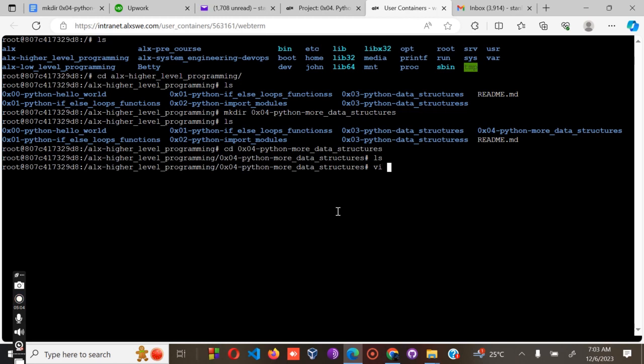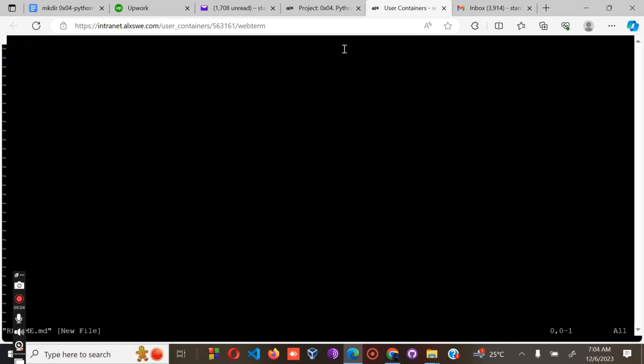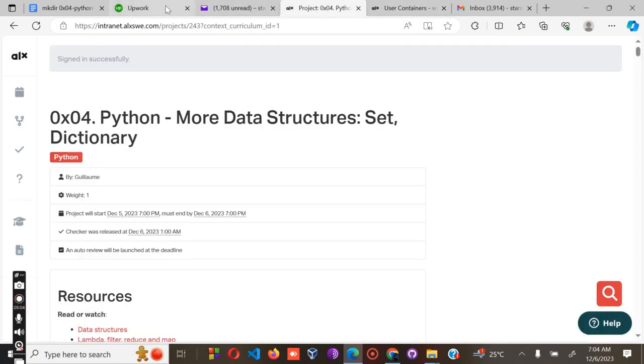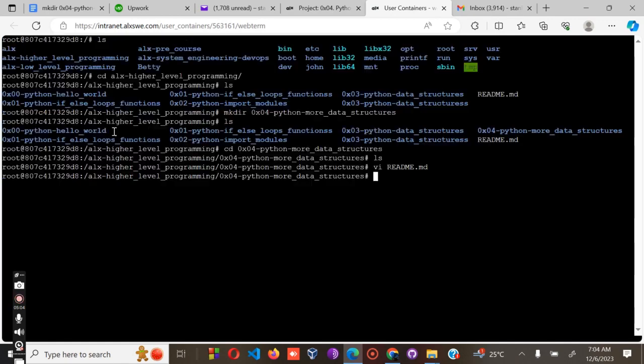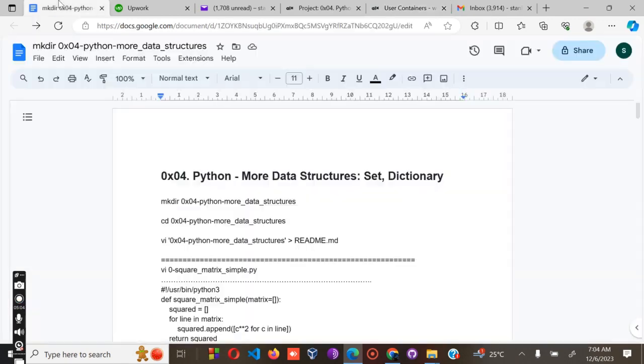So we use the vi, then readme.md. Okay, insert. So I prefer to write this one as the name of the file. This one, copy. Then escape :wq. Then enter. Okay, having done that, the next step is now to start your